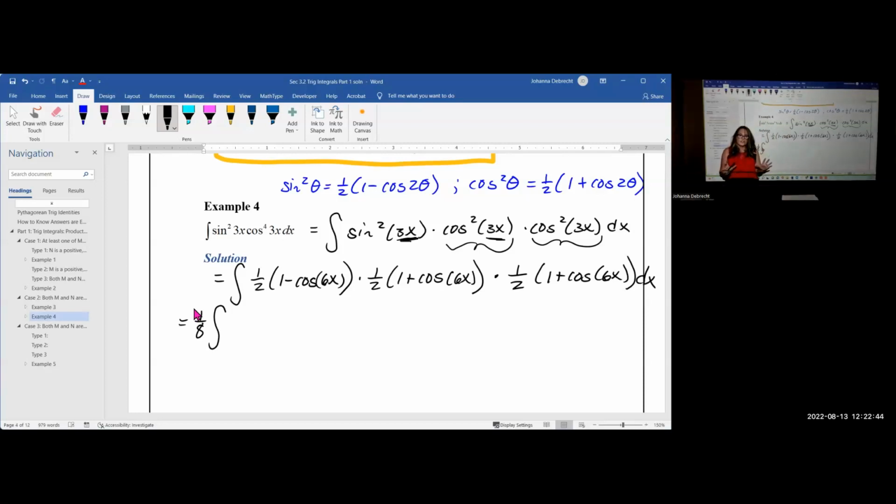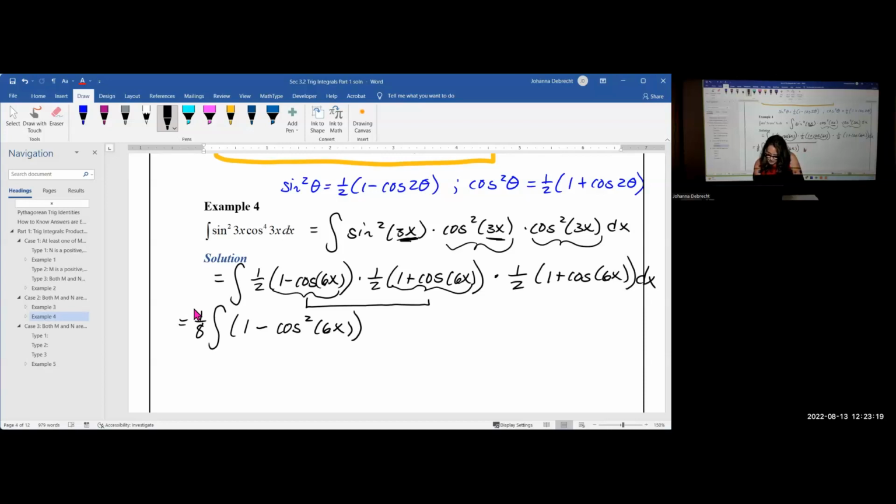It doesn't matter which 2, but to make it simpler, notice that this is 1 minus the cosine of 6x, and this is the conjugate pattern, 1 plus the cosine of 6x. We like these because they're the difference of 2 squares pattern. So if I take this one here and I multiply it by this one here, I'll get the difference of 2 squares, which is going to be 1 minus cosine squared of 6x,